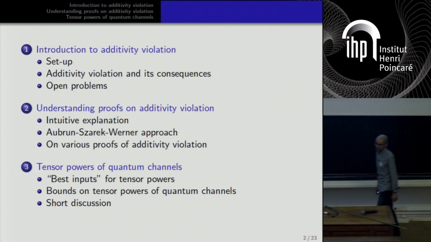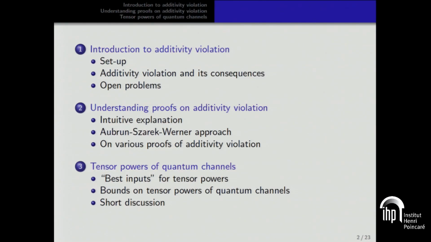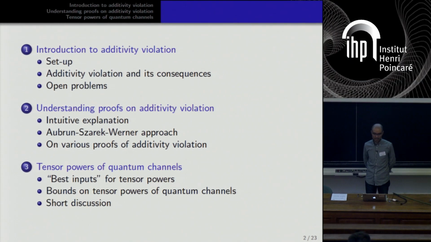So this is my talk today. In the first part, we set up and introduce some basic knowledge and give some open problems. In the second part, I talk about the additivity problem, and maybe briefly mention some techniques in the proof. In the last part, I talk about tensor powers of quantum channels. In this talk, I'm mainly interested in randomly generated quantum channels, but I also mention some theorems which do not depend on random construction.